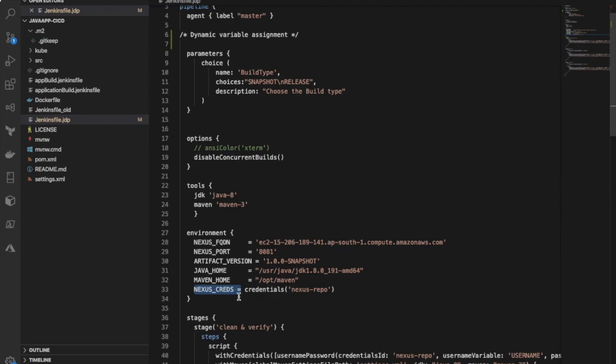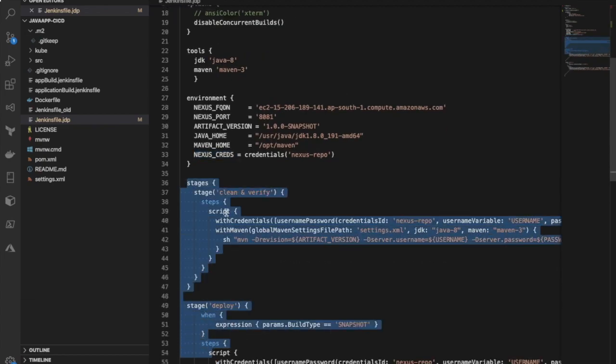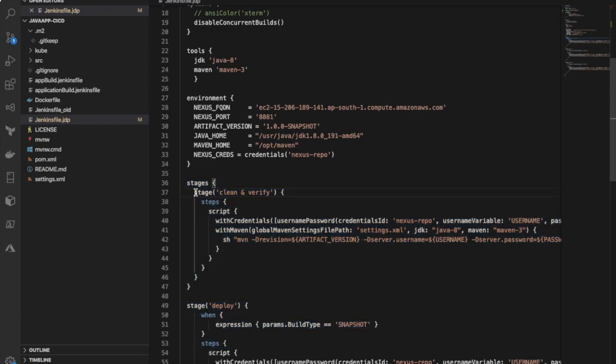And then after this I have started the stages. So this is very important. So here under stages there will be multiple stages, okay, and as you can see here, the first stage is the clean and verify. So here in this stage I am going to use multiple steps, but in this Jenkins file I have used only single steps, and the script which I have mentioned inside the script, that is